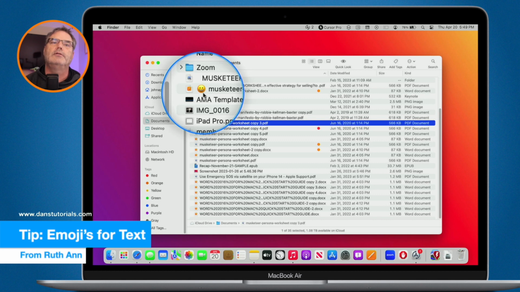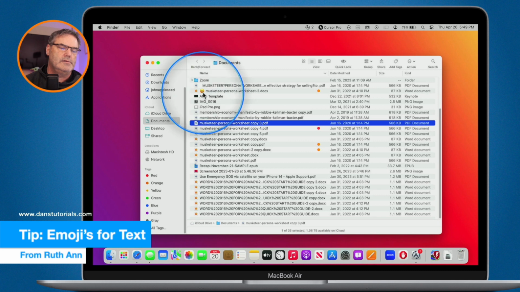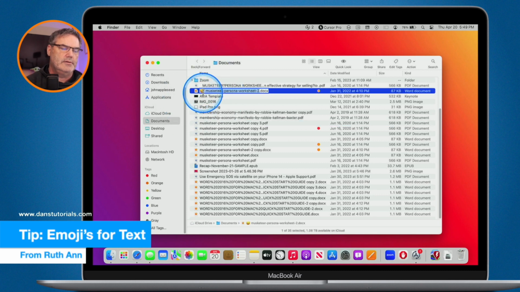So what I did is I kept my files named so that they would stay in alpha order, but I would put the emoji at the end of the line before the .pdf or whatever. So you would put it over here.